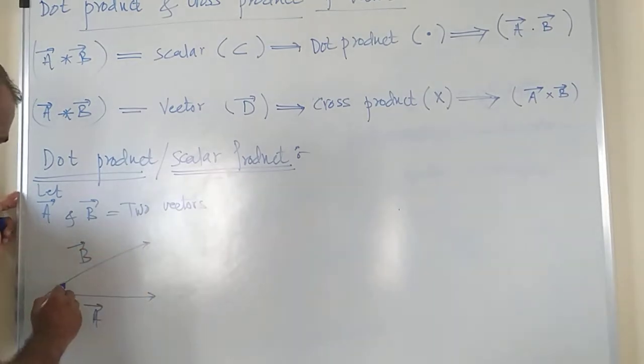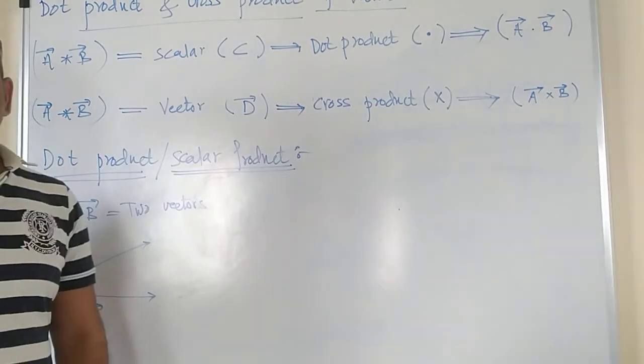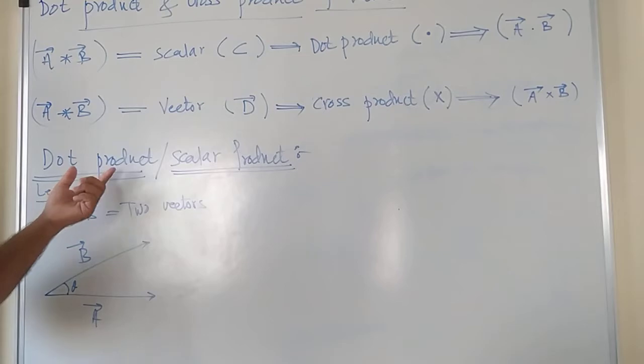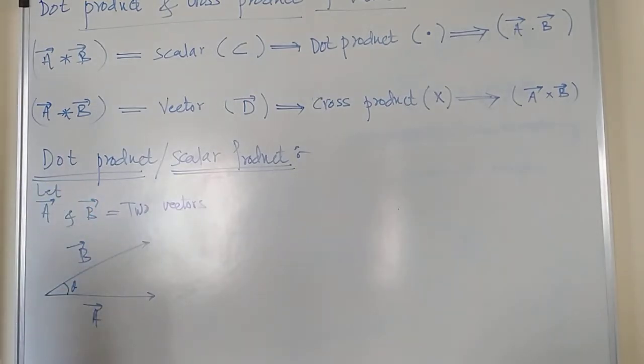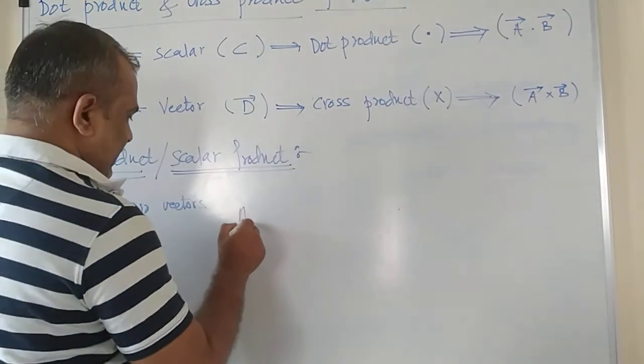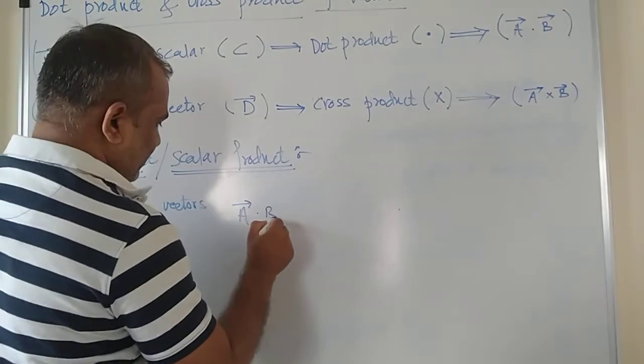These are the two vectors, and the angle made by these two vectors is theta. Then the dot product, the scalar product, is written as a bar dot b bar,